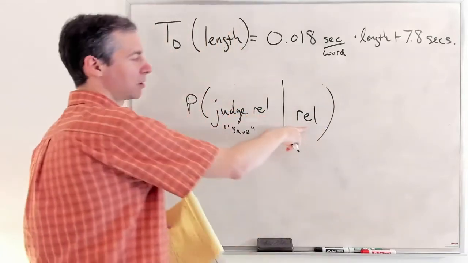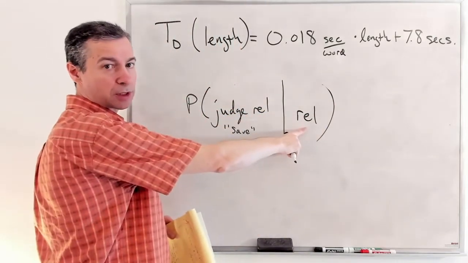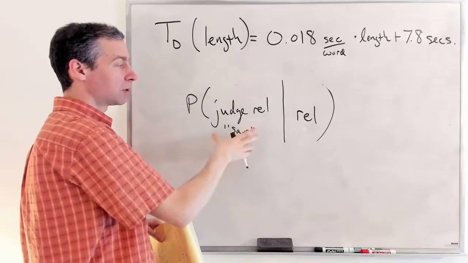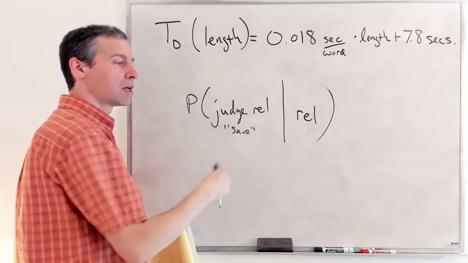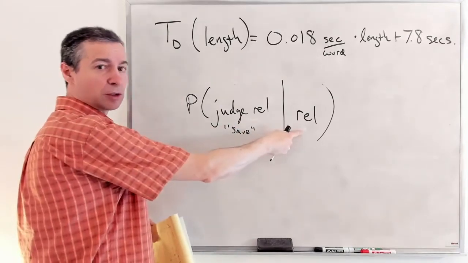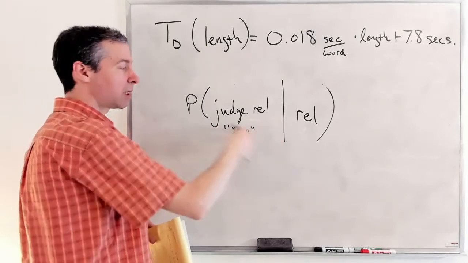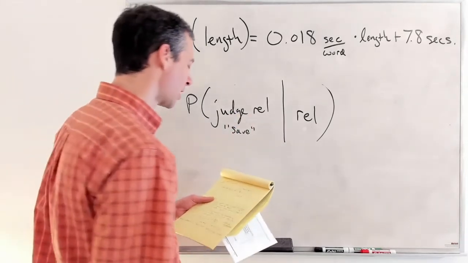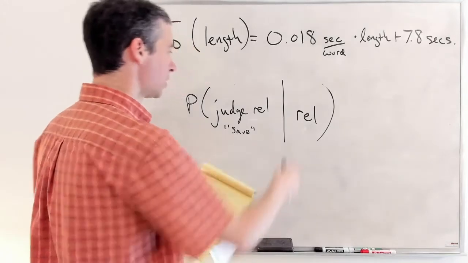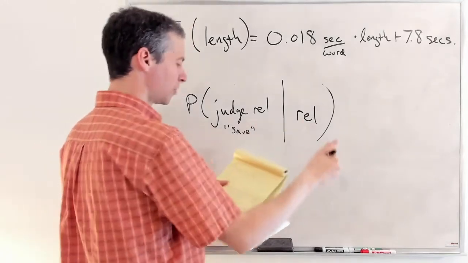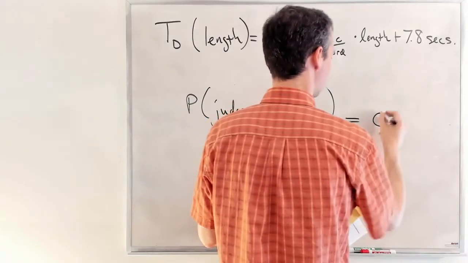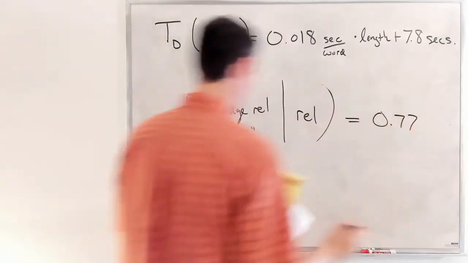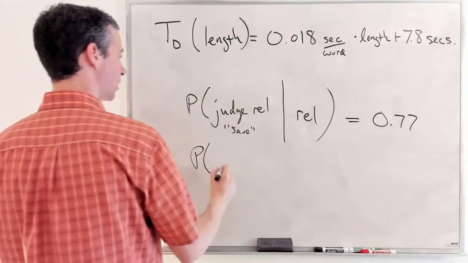So this was our primary assessor. These people are not exactly the same. We're using this as our signal about whether we think it's relevant or not, and to what extent they will then think it's relevant. And what we get is that the probability they'll judge it relevant when it is relevant is 0.77, and the probability that they will